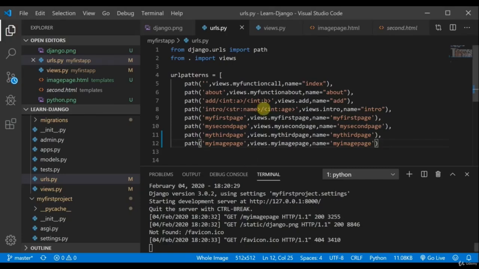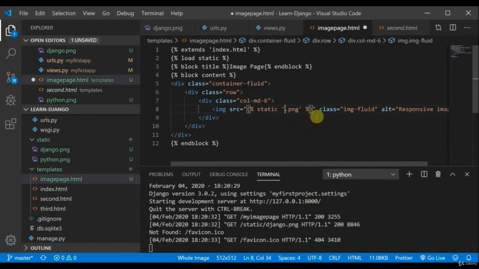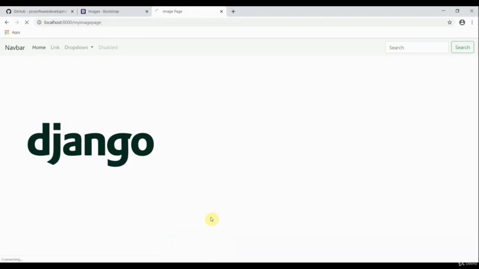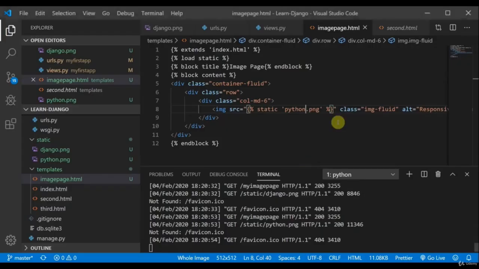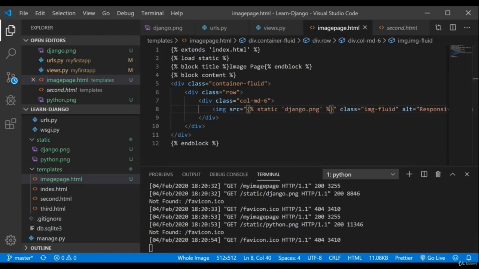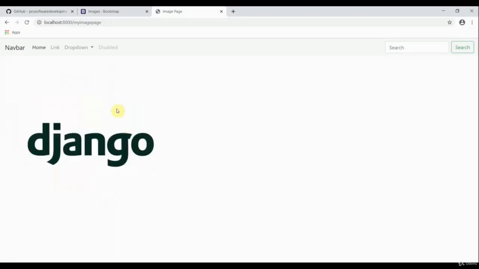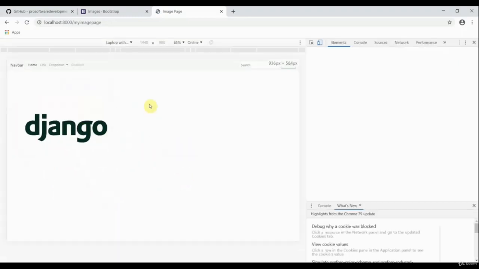In your HTML page, you can also use python.png. So this also works. So this looks pretty fine. And now what I'm going to show you, Django.png. So I'll move to Django.png, and I'll give you a brief intro. Now you'll right click on this and click inspect, and when you click on inspect,